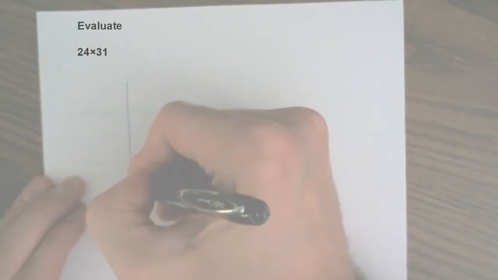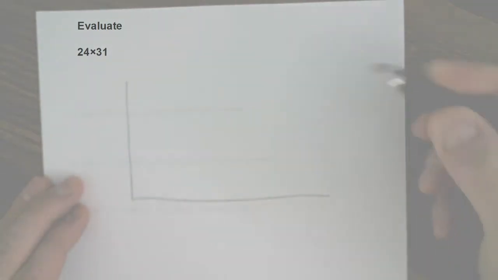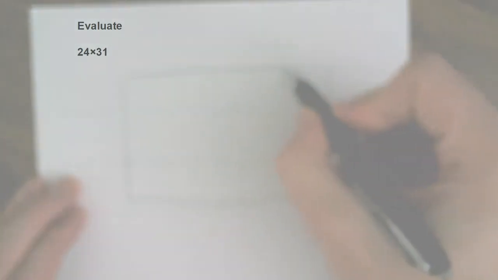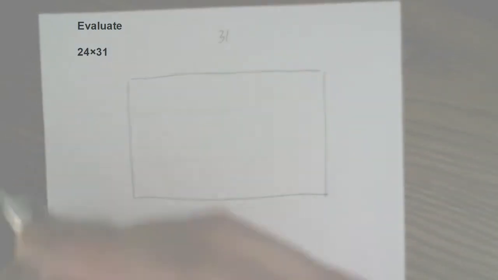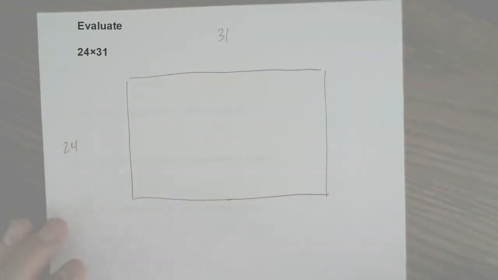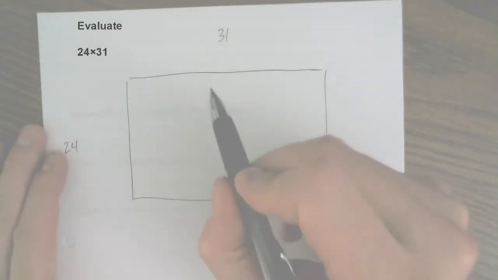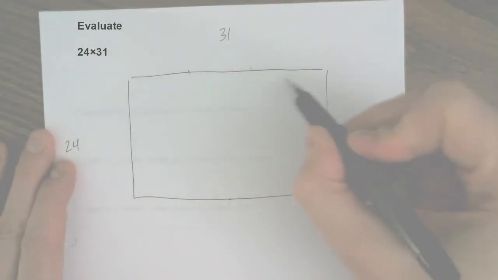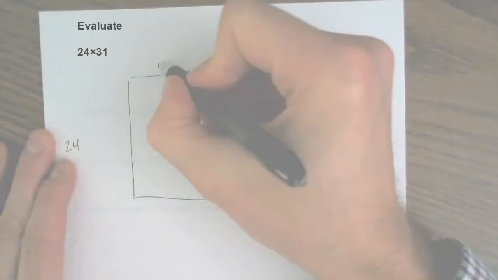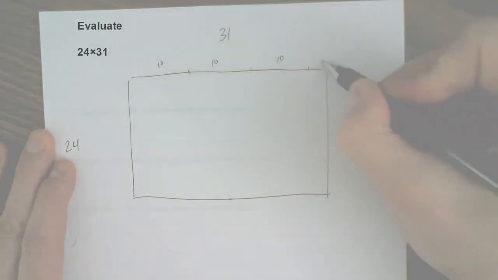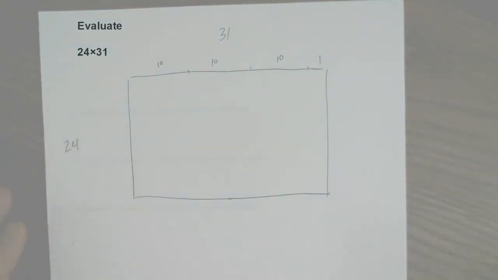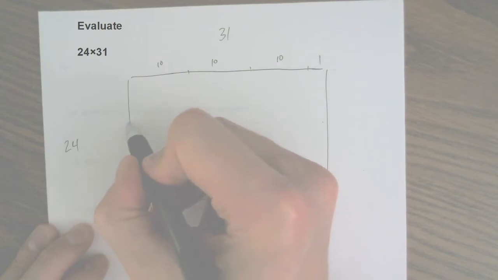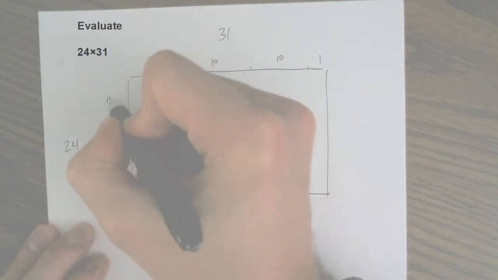Let's think about it as calculating the area of a rectangle with those dimensions. Let's say this is 31 units wide and 24 units high. Let's say we break the sides into tens and ones. So that side would be 3 tens and 1 one. This side you would have 2 tens